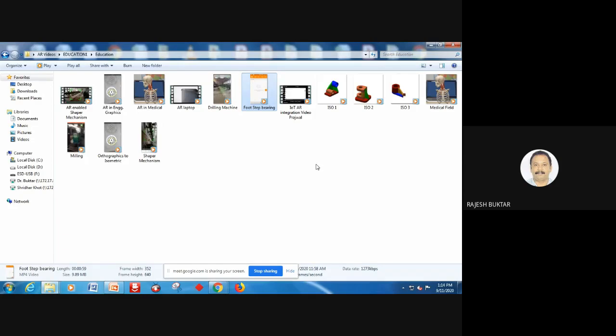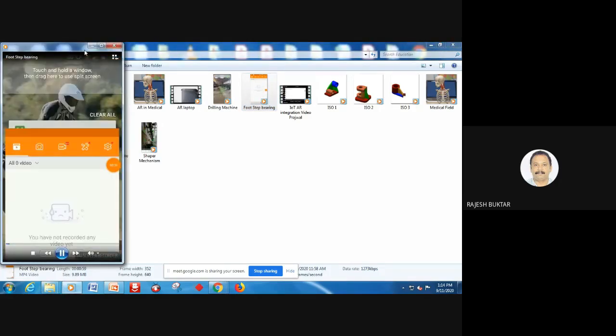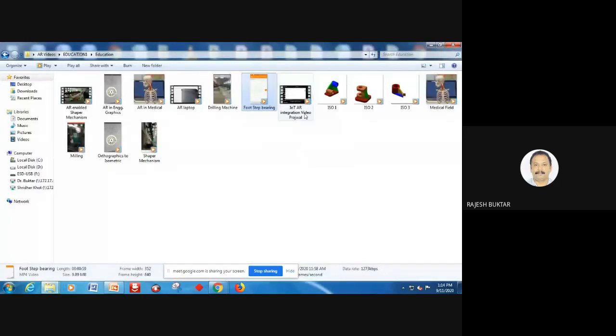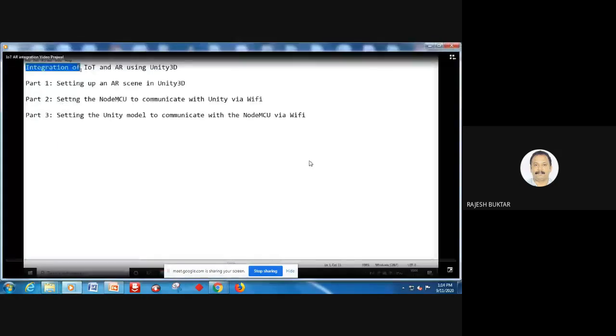created, and the customer can be sent a barcode. By scanning the barcode, he can see how that engine needs to be assembled, or the problem can be sorted out in remote locations. Therefore, AR application for remote maintenance. So here our students have also made an attempt at integrating augmented reality with Internet of Things.